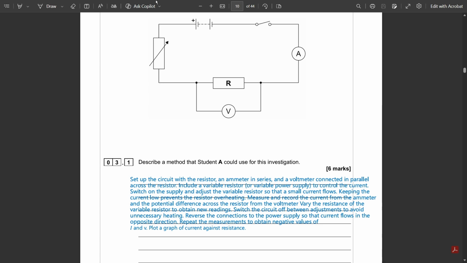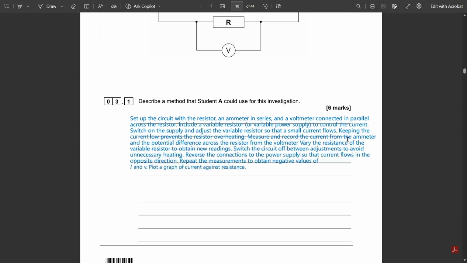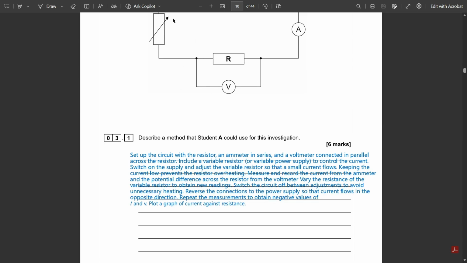I don't know why it says variable power supply when we're just using a resistor. Keeping the current low prevents the resistor from overheating. You have to measure and record the current from the ammeter and the potential difference across the resistor from the voltmeter. And then you vary the resistance of the variable resistor to obtain new readings. We just have to make sure to switch the current off between the adjustments of the variable resistor